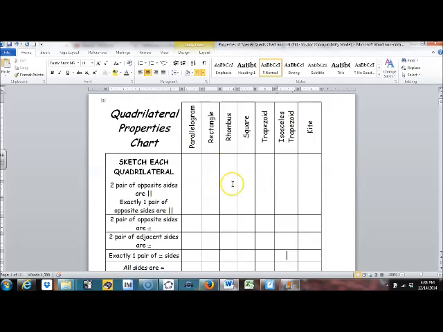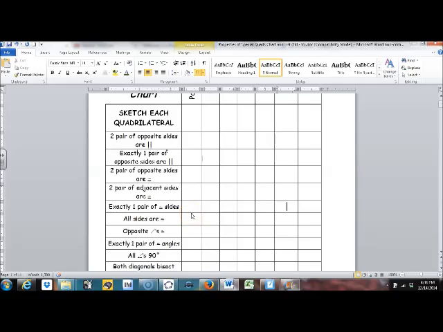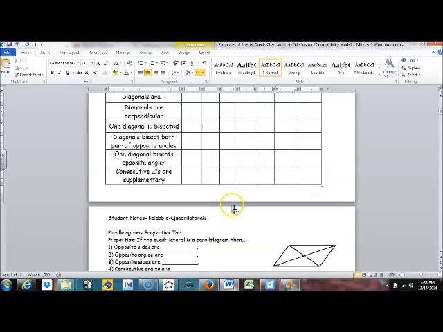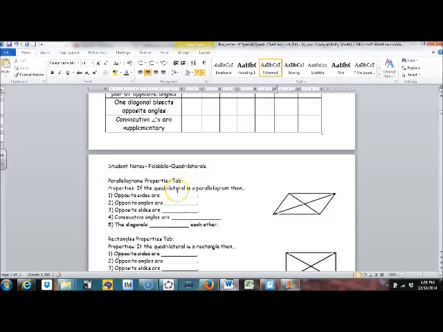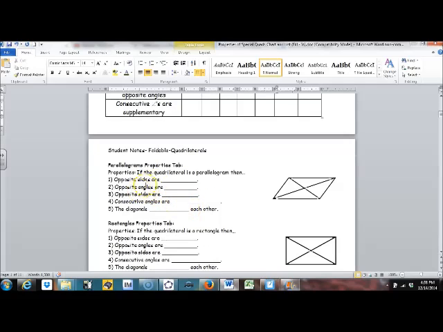So as you go down the special quad with your marks, you can see the properties of the special quad, which ones are true in each quadrilateral. Okay, and then when you're done with that, I just wanted you to write them out so that we have two ways of seeing the properties, through a chart, and then also use the chart to fill out these. So for a parallelogram or rectangle,